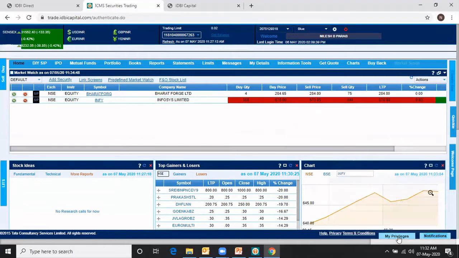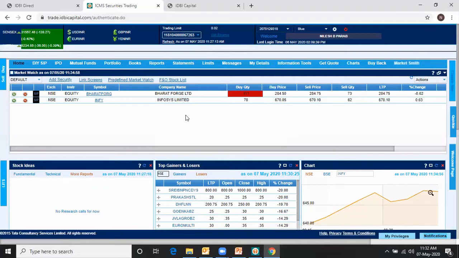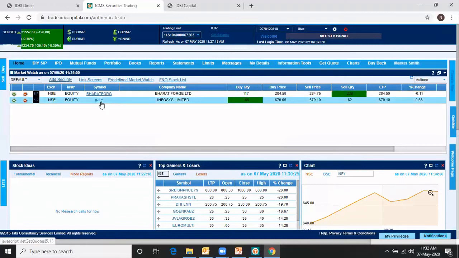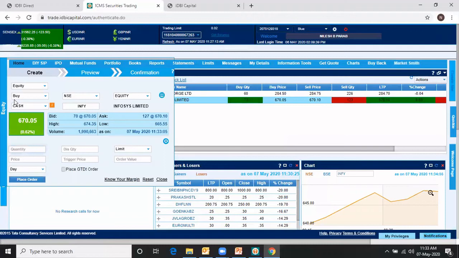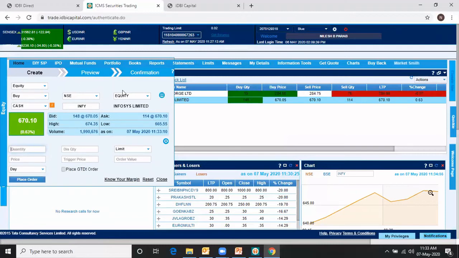Now coming to this part, because it just clicked in my mind, I wanted to explain where I can see my privileges. So this is what Infosys I have added. Now suppose I want to buy, there is a green plus buy button. If I want to sell, I can sell from here. So I am saying buy, and now our actual demo will start, because this window will show you different products, and I'll explain each product in detail along with this screen.